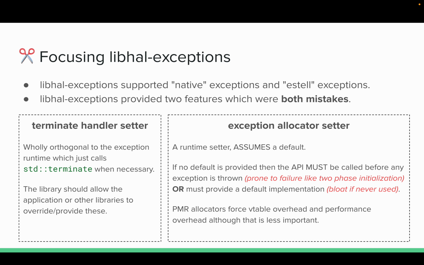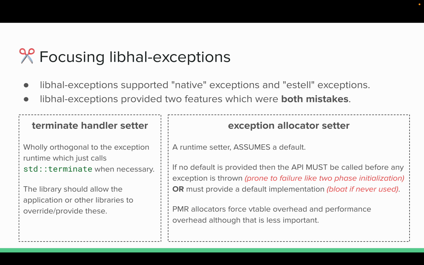So I had that in there, but I realized recently that I didn't like it. I was going back to start refactoring some things, and I realized that the terminate handler is wholly orthogonal to exceptions. It is part of the exception header, obviously, but it's really just another abort function. It's something you can call anywhere in your code,